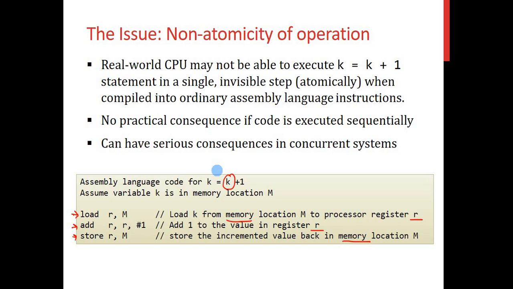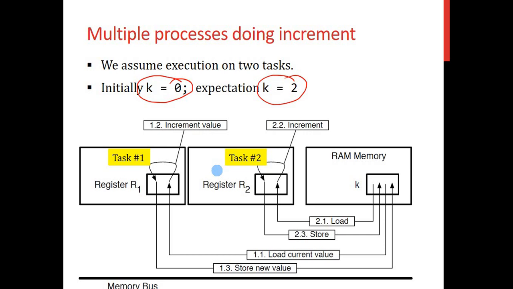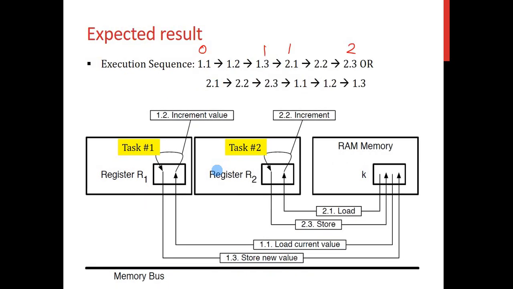That means I can actually get preempted anytime within these 3 lines. In a single threaded context, this is what will happen, correct? I will load the current value, increment the value, and then store it back, and everything works fine. But in a multi-threaded context, what can happen? You can see that a few things can happen. For example, I read the current value of k, I increment it, but before I can write it back,